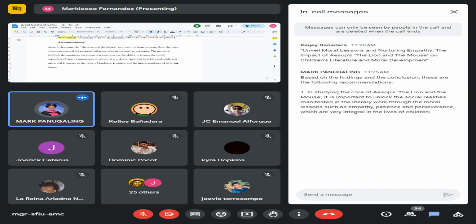Number 2 is expressive for a concrete analysis of Aesop's story, it is imperative that the life of the author must be focused in order to understand his or her psychology,